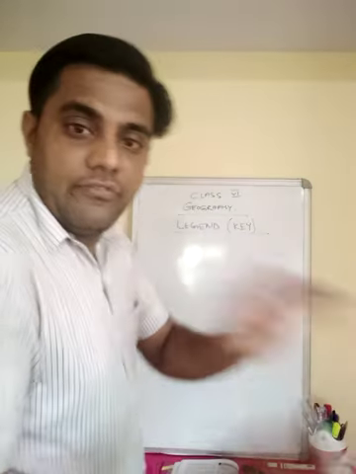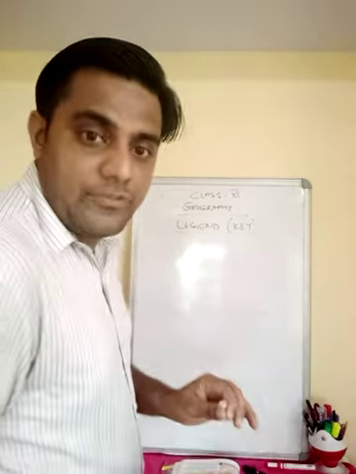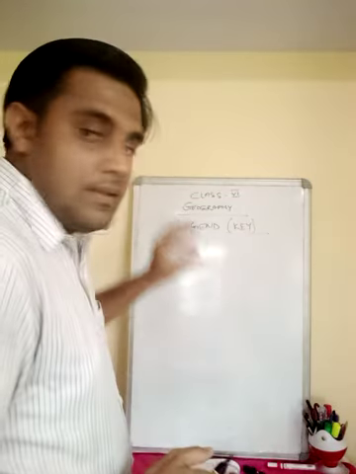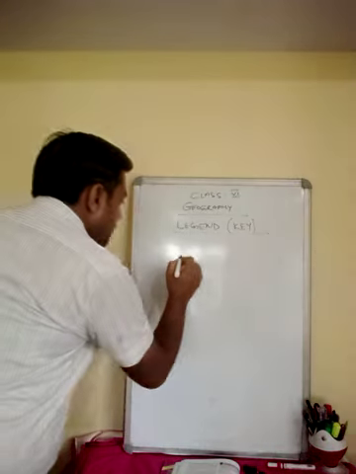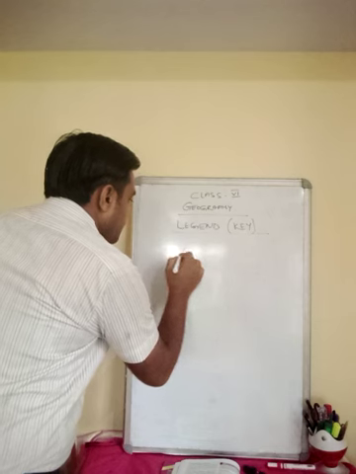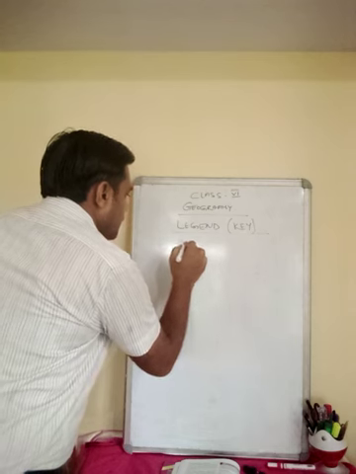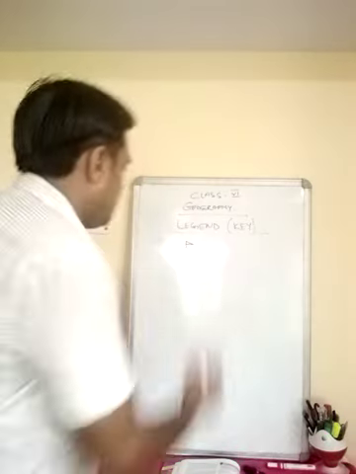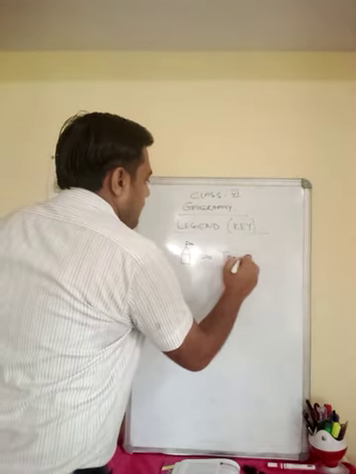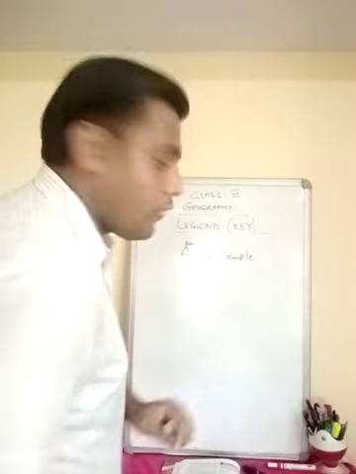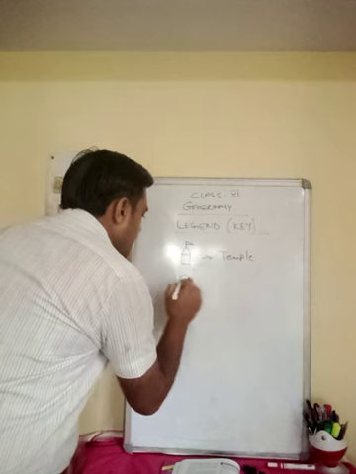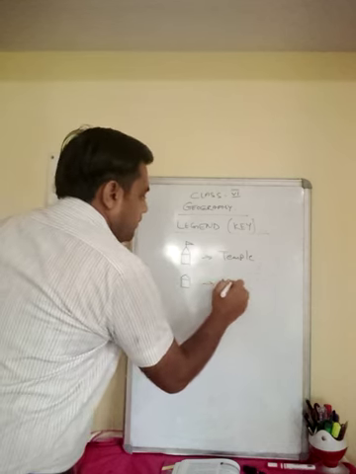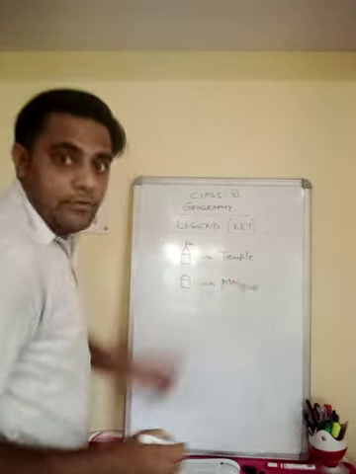I'll show you two examples. In fact, very simple ones. Suppose a temple has to be shown on a map using a key, that is conventional signs and symbols, then you don't draw a temple in its entirety. You simply draw a square box and a flag, which stands for temple. If you have to draw a mosque, a box and a dome on the top, that becomes a mosque. And if you have to draw a church,